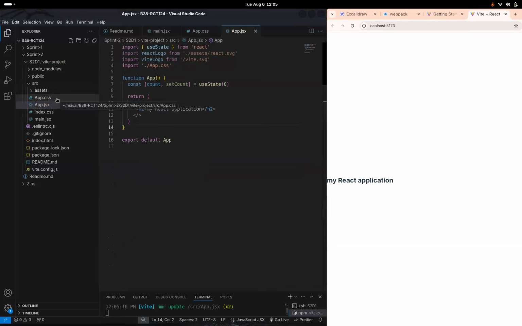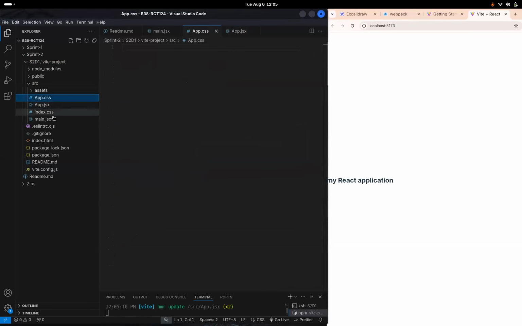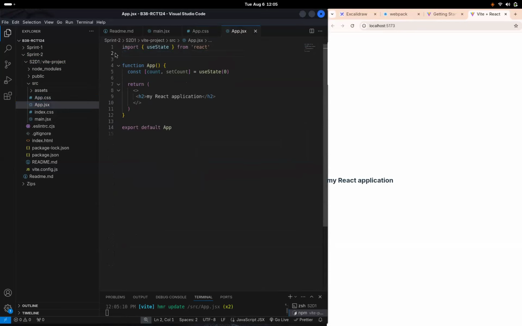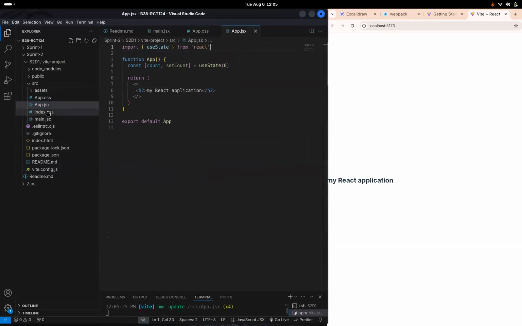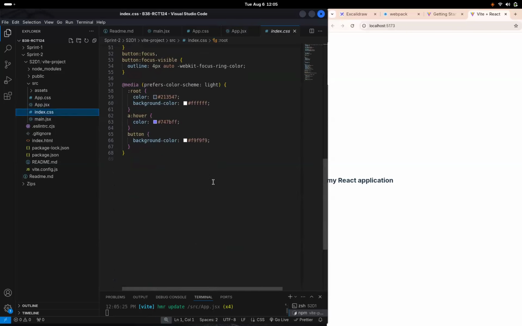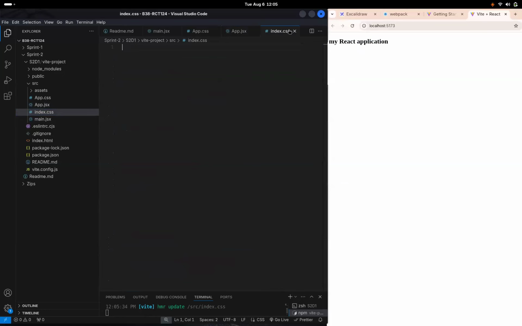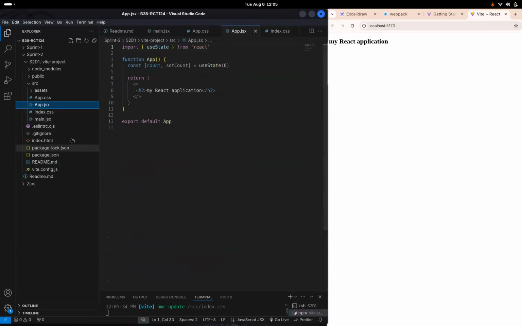There must be another CSS file that might be messing this up. Let me check. Let me remove all this. Something is centering this. Index.css. All right. So let's clear this also. Okay. So now we have our primitive structure wherein we have these things, right?